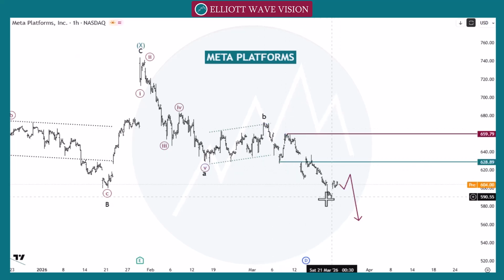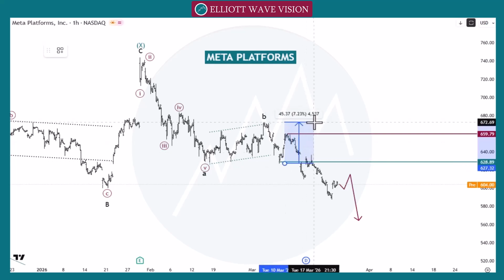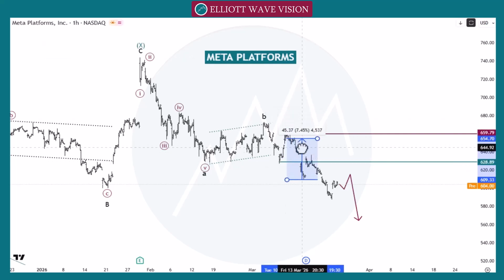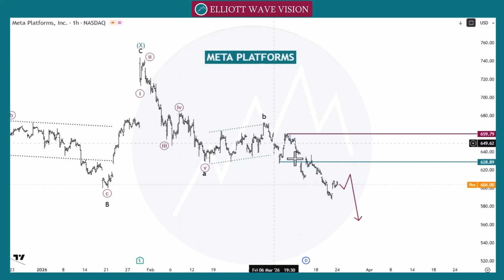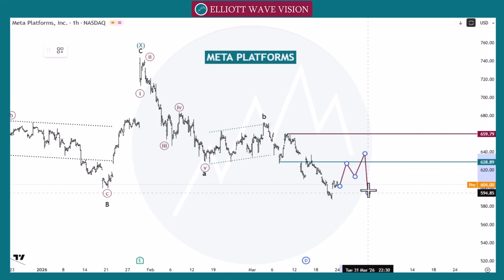We can count this move as a leading diagonal. Okay, let's check the validation of leading diagonal. Okay, safe. We can count this move as a leading diagonal. If this is the case, then market may give us the deep correction as a wave A, wave B and wave C. Then we need to wait for the next impulsive move